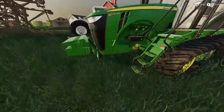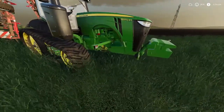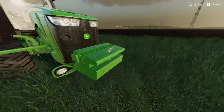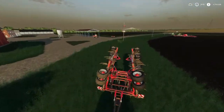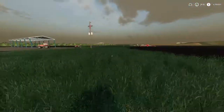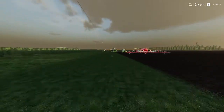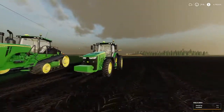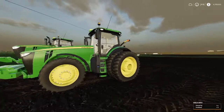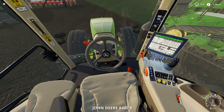As you can see here, the 8R also has the standard weight set on the top of it, but it does have the two beacons. So the 9R is more or less a more standard American version tractor, if you really want to put it that way. Both of these just have the general one, which you're more or less used to seeing. But let's look at the 8R interior, which basically there isn't much to say about